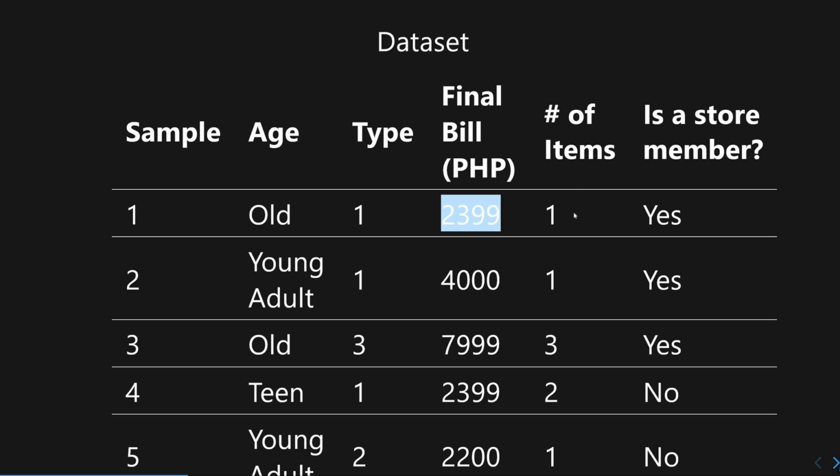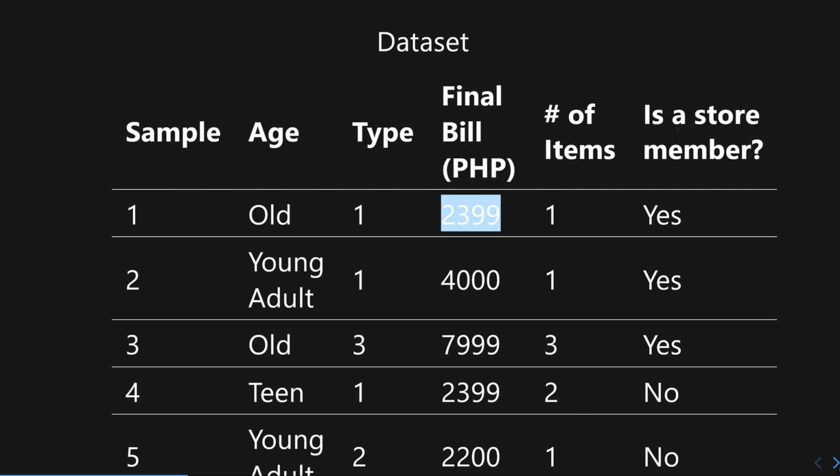Number of items, on the other hand, this is obviously quantitative as well. And for the context of this data set, we don't have the full context, but we could imagine that this variable right here would represent discrete data, since it wouldn't make sense for you to have 1.5 items. It wouldn't make sense for you to buy 0.3 items, for example. It can only be 0, 1, 2, 3, 4 until infinity. So this one is discrete.